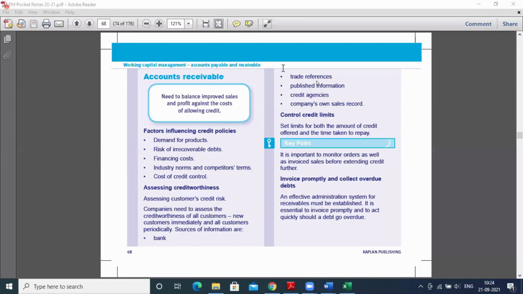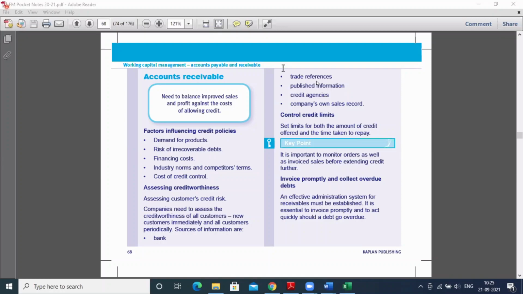Now, in the same way, for corporations, nothing but for corporates or for companies, we will be having credit rating agencies. So, the best credit rating agency which we can consider is CRISIL. Now, this credit rating agency will be giving certain credit ratings. Suppose credit ratings are denominated like AAA, AA, or AAA plus plus, like this certain credit ratings are there. So on the basis of this credit rating, we can assess the creditworthiness of the customer.